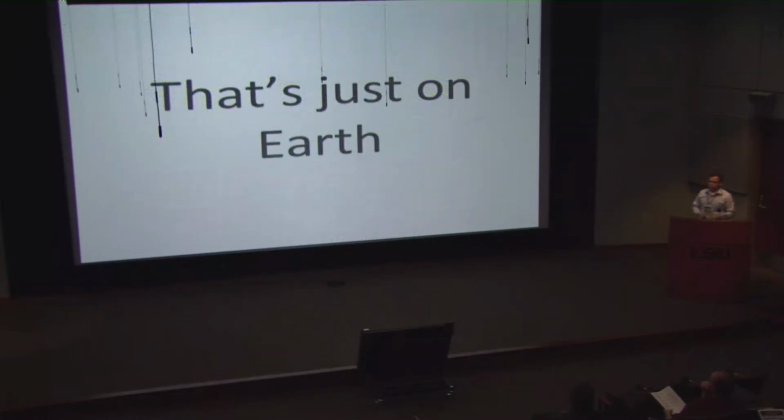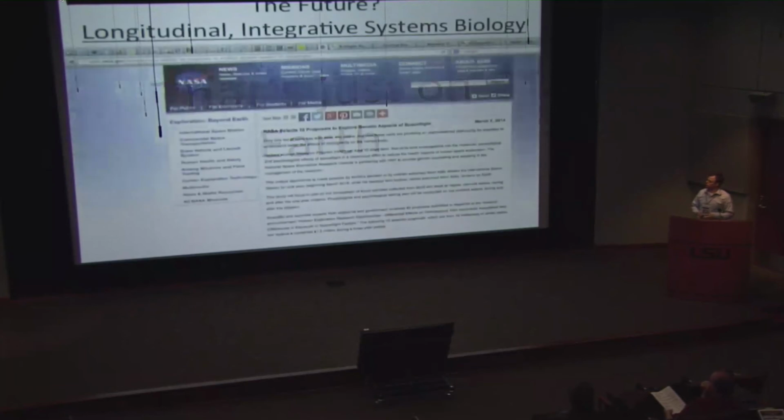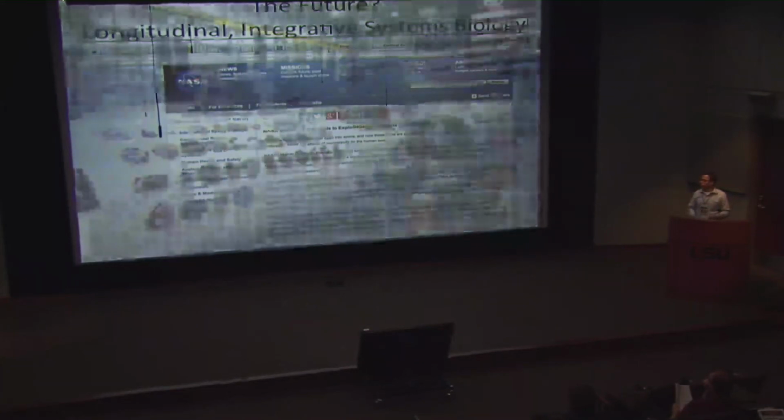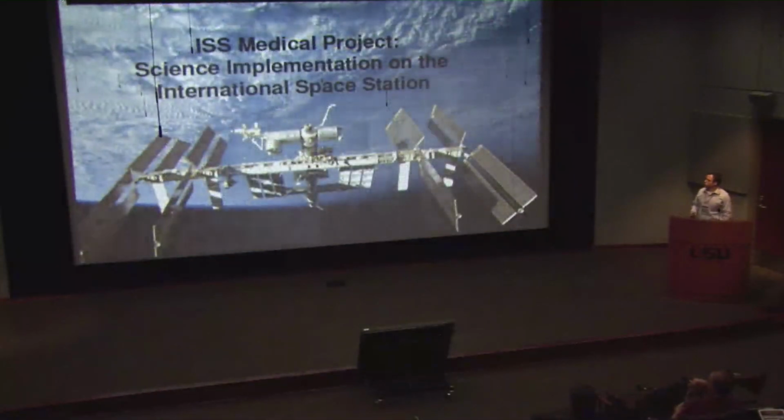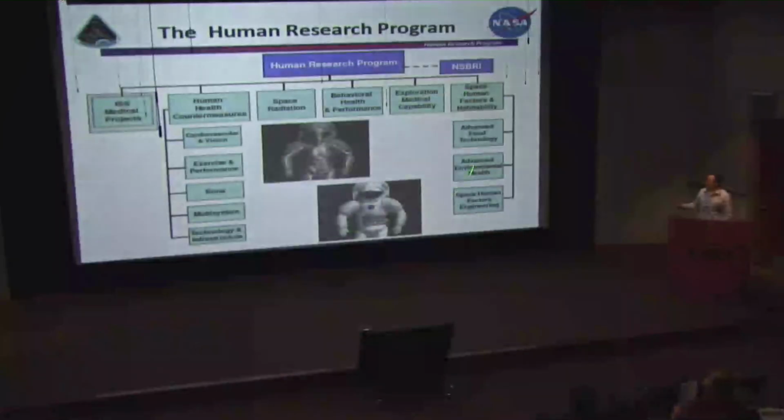And the other challenge is that's just on Earth. Let's say you go and you want to collect more data, and you have other telemetry data. Let's say you're now in space, and this is actually, I think, the biggest data challenge that we have in the lab right now: doing this sort of longitudinal integrative systems biology, one in space and one on Earth. So what we're doing is a project called the NASA Twins Project, which just got funded to plan a mission in Houston. It's basically going to be on the space station. It's part of the HRP, which is to understand how the human body responds